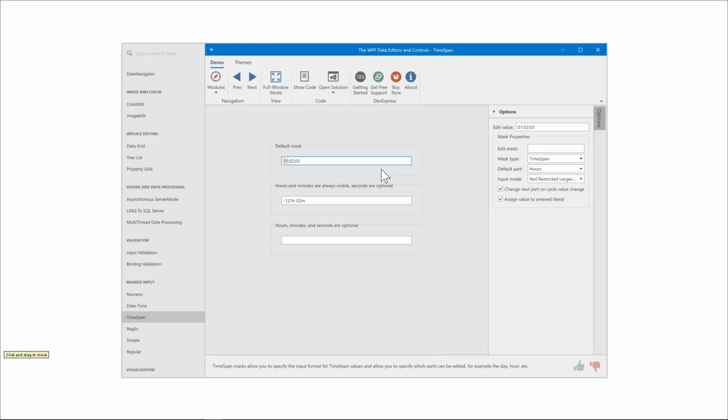So I can enter things like, well, the current time at the moment is what, 11, and then cursor right, 20, 45. Easy. That's a time span mask type, and then we also have the advancing caret time